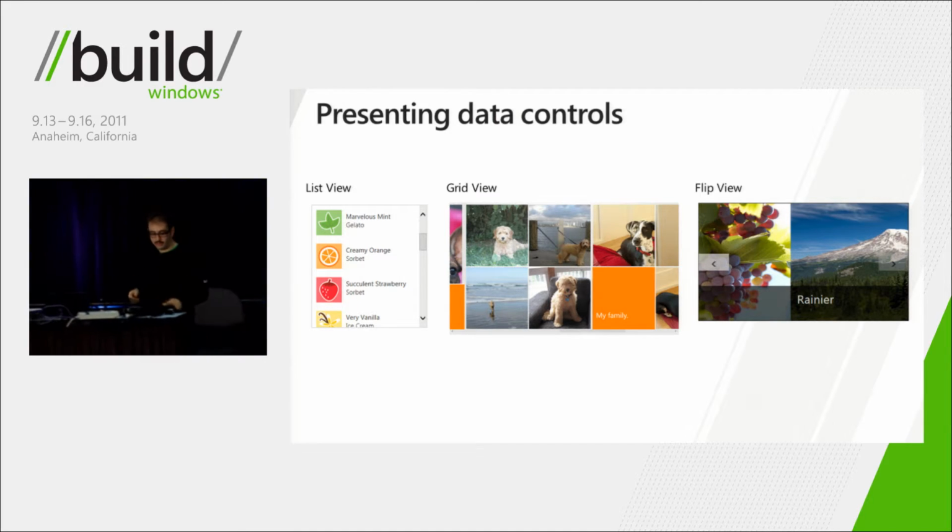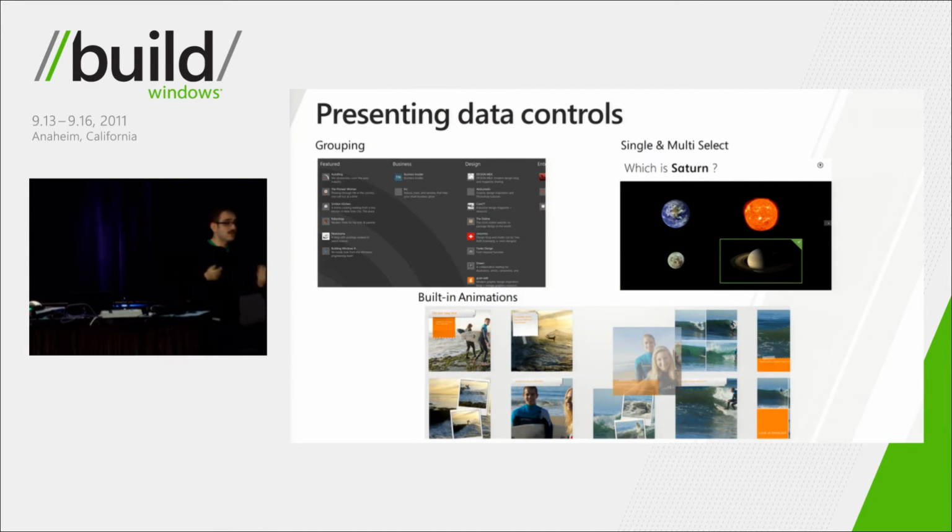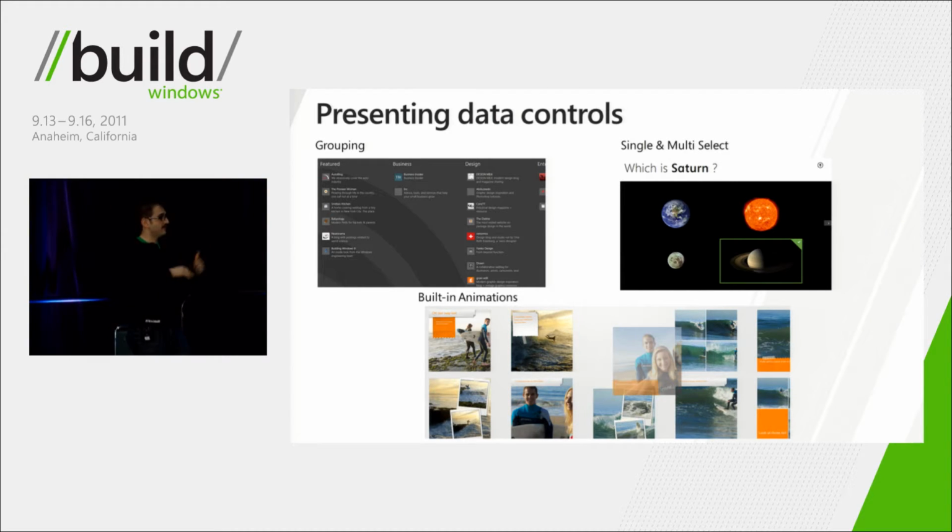And all these controls have a bunch of richness that comes along with them. If you use the list view or the grid view, for example, they have a bunch of layout features such as grouping or dynamic layout, so they'll fit to the space you give them. That really makes it easy to handle different sized monitors. Use a grid view, and it'll put 3 rows or 4 rows or 5 rows, depending on how much space you have. And you can do grouped layouts with it, like you saw on the start screen, that create information hierarchy for the user,